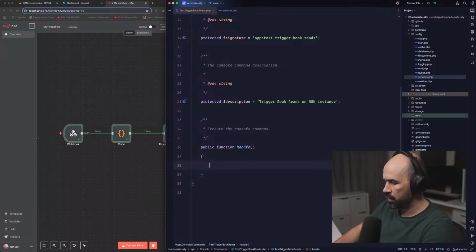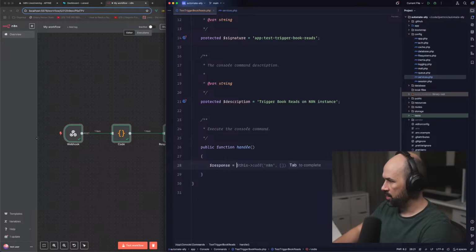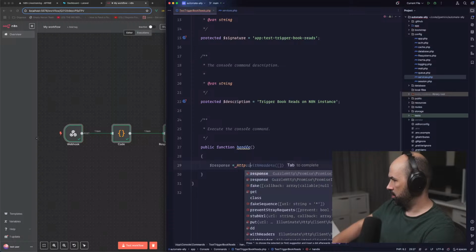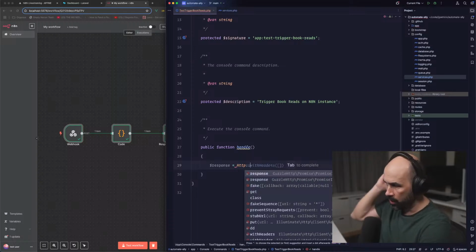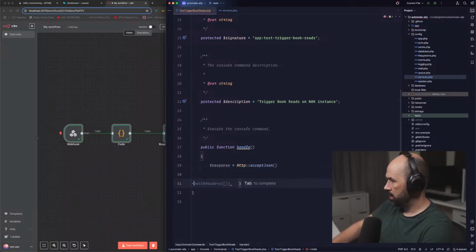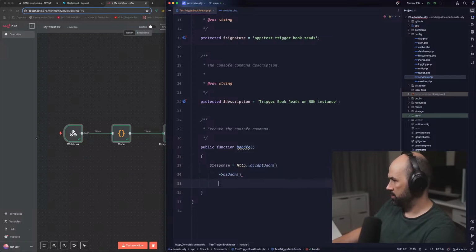So we're just going to get the response, and we'll use Http with headers, JSON, accept JSON, and also we will give a payload JSON. We don't need authentication, so, base URL.